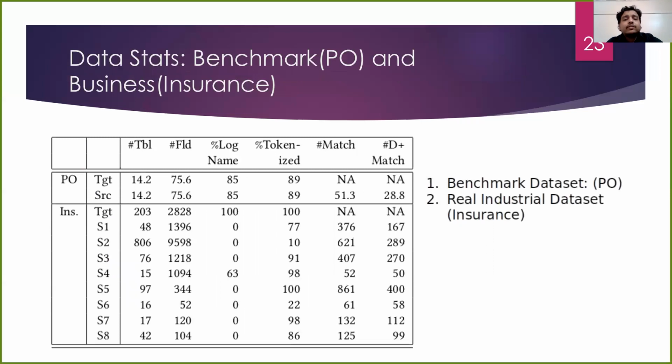Now getting to the experiment, first we show the data statistics for both the benchmark purchase order dataset and the industrial insurance dataset. First, PURE is an XML dataset which contains 5 schemas, and matchings for each of the 20 pairs among them are also there in the PURE dataset. As we have proposed our solution on top of a relational database, we concatenated names from the root node to the leaf node in the XML schema along one path to get the field name corresponding to